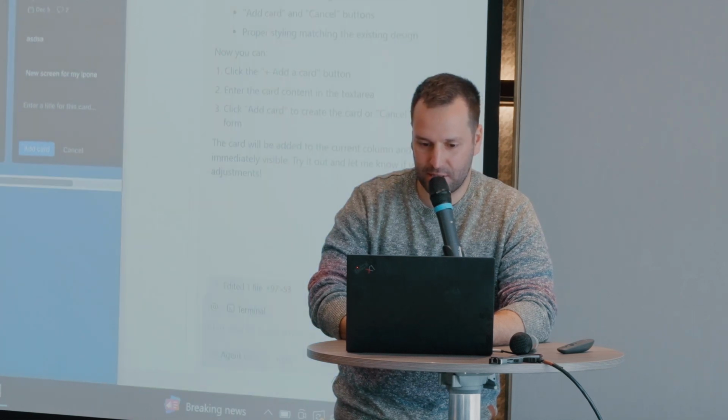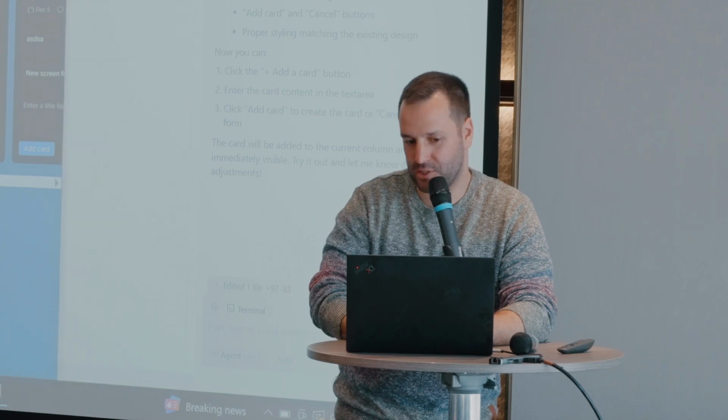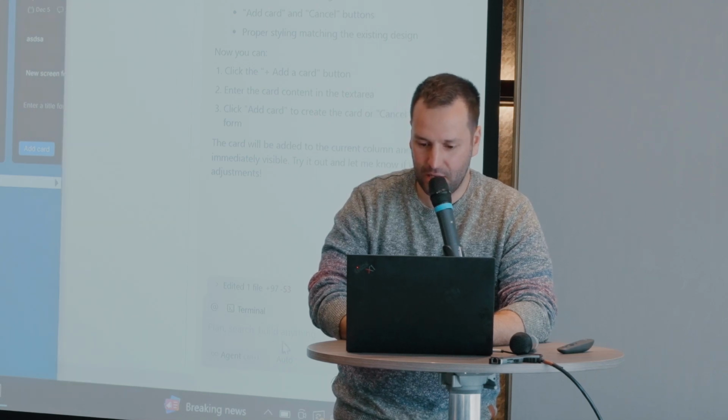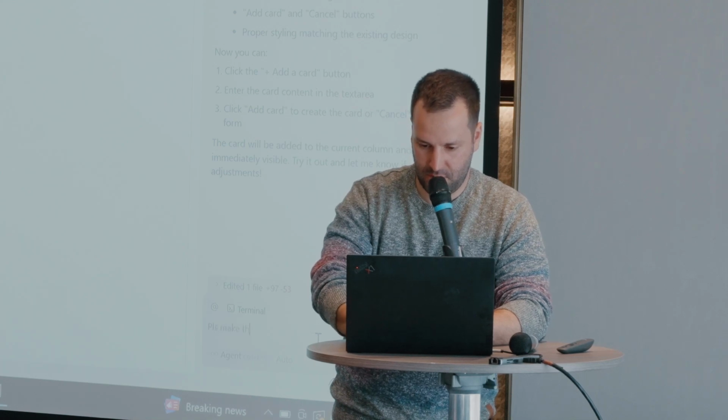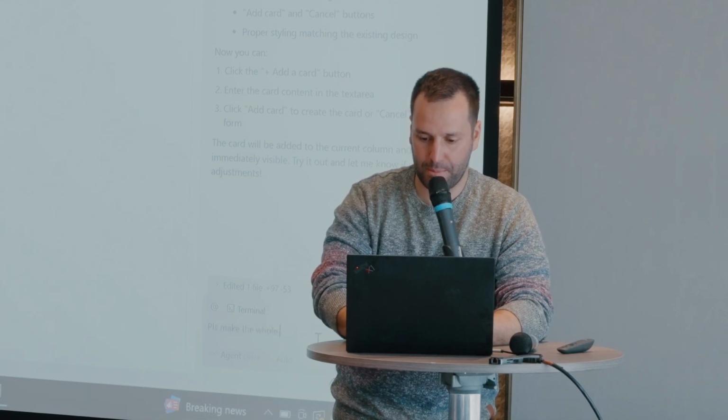All right, so we have this app. Now the next stage will be to put it online, so any of you can log in. And since most of you are on your phones, we'll make sure that it works on a mobile phone. Let me check like this. It's quite ugly because that's how your mobile phone looks. I'll ask Cursor first to make it mobile responsive. Please make the whole website work on my iPhone like a charm.